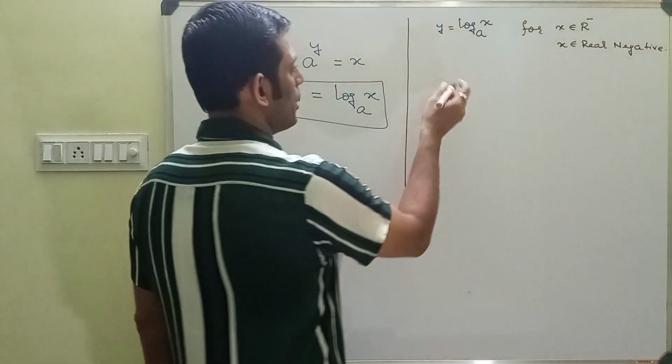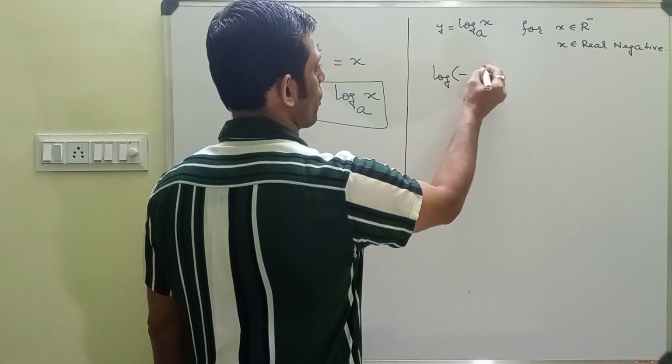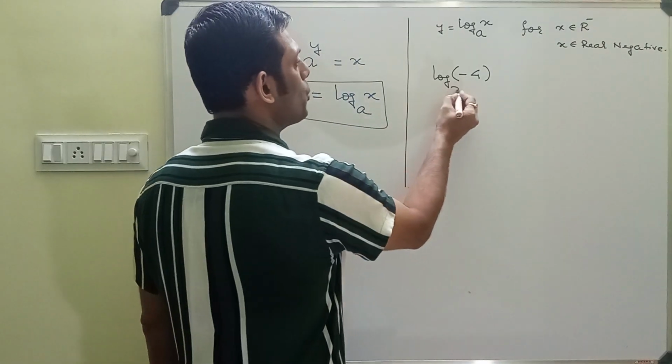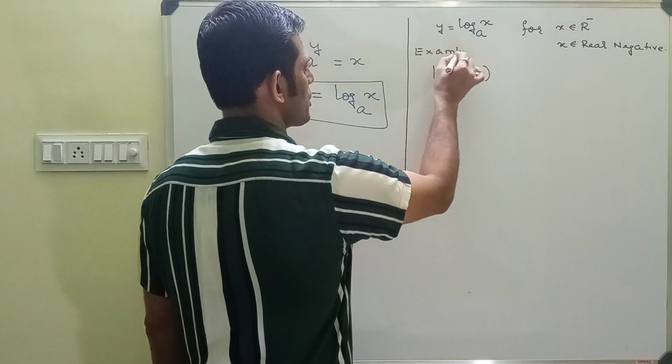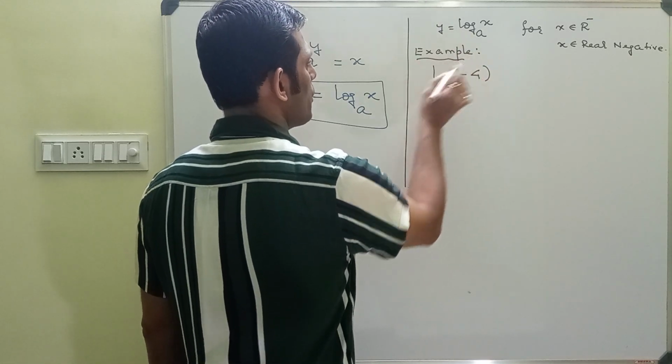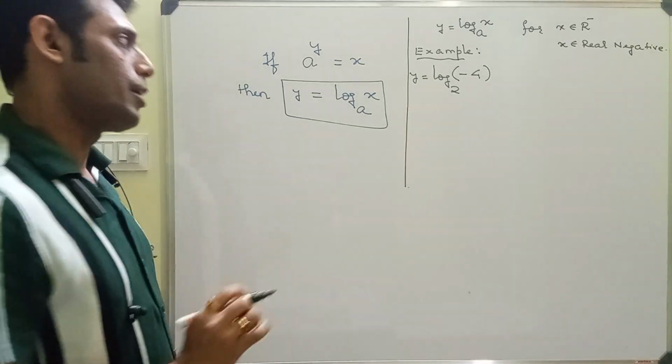Say, for example, we want to operate log of minus 4 with a base of 2. This is just for an example. If you want a y value for log of minus 4 base 2,